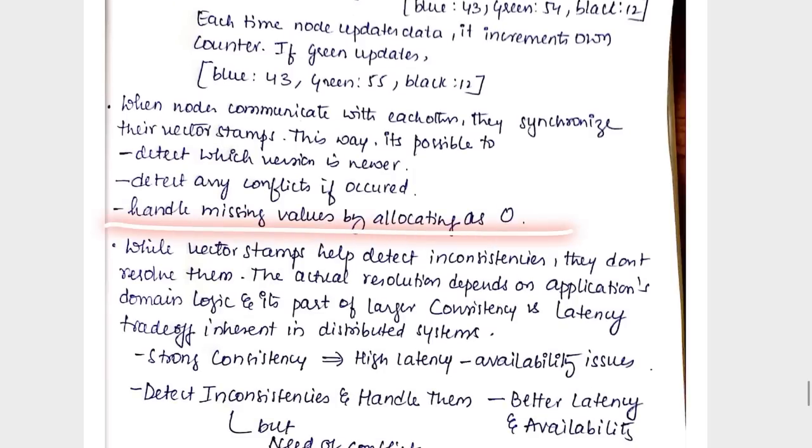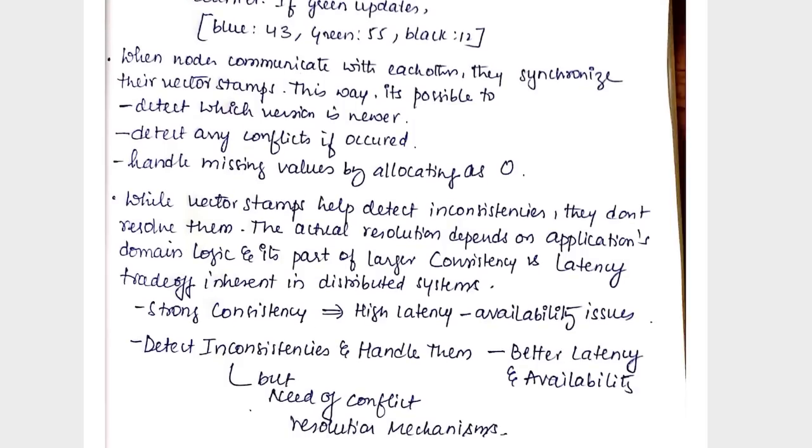Next we have handling missing values by allocating 0. Suppose we have missing values or are invalidating the existing values, we can substitute 0 there. So thereby we can overcome the drawback here. Now, the trade-offs in using vector stamps. While vector stamps help detect inconsistencies, they do not resolve them completely. The actual resolution depends on the application's domain logic, and it's part of the larger consistency versus latency trade-offs inherent